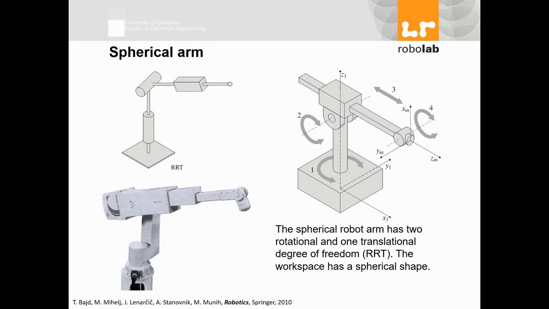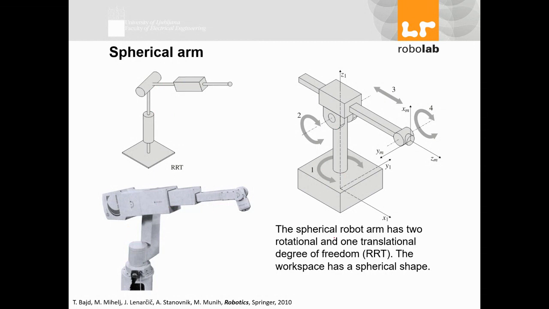So in that case, you have a rotation like this. You see, this robot can rotate clockwise, counterclockwise here, and also can rotate here, and can extend back and forth the last piece of the arm. So it's